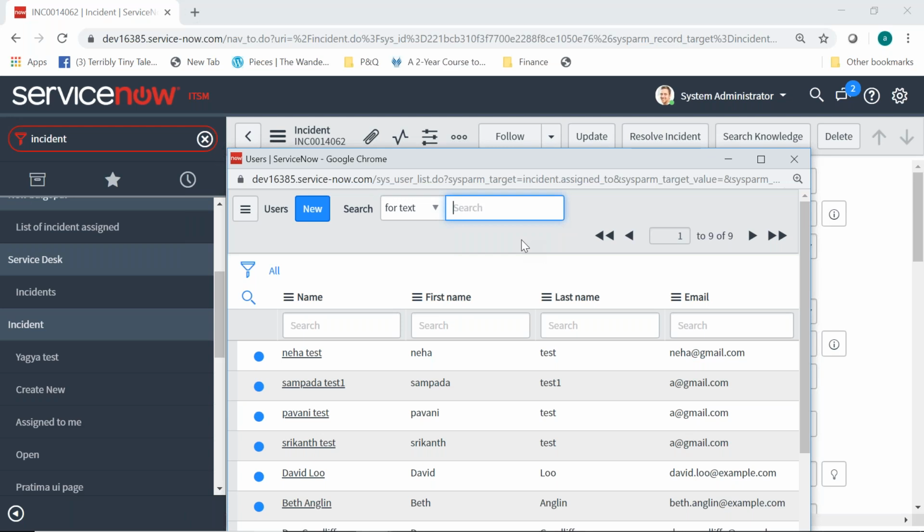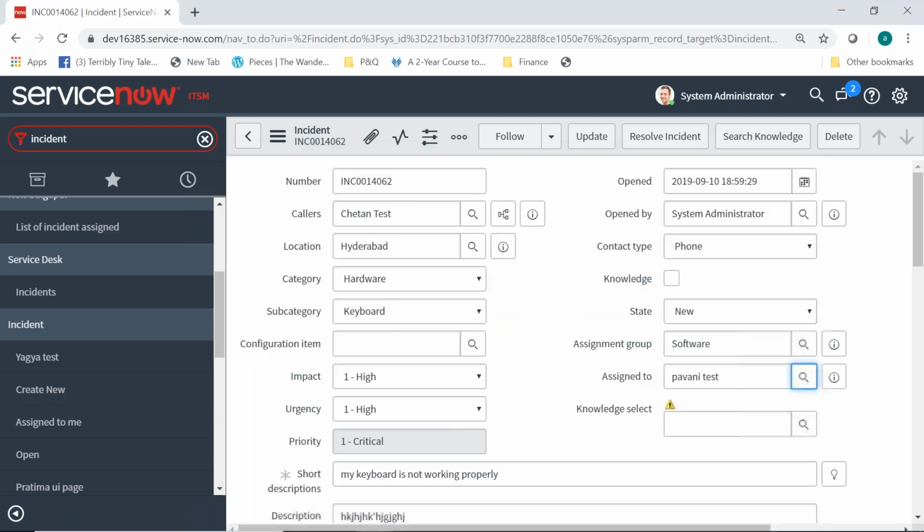Okay, perfect. So let's say I give the responsibility to this user that she has to drive the entire incident till the solution fix, and I'll update it. Whenever an incident is created, what you'll see is that the moment we populated the assigned to, the state automatically changed from new to active.